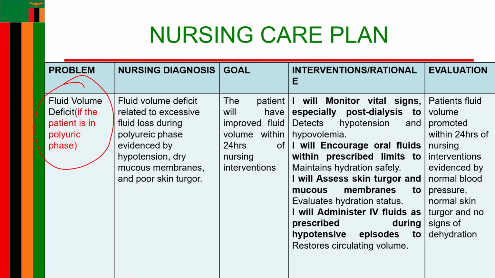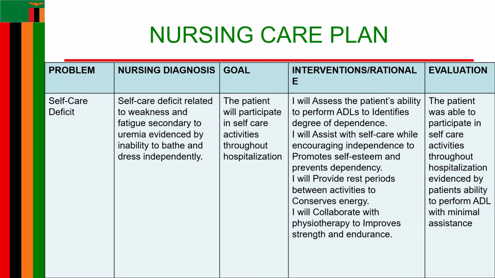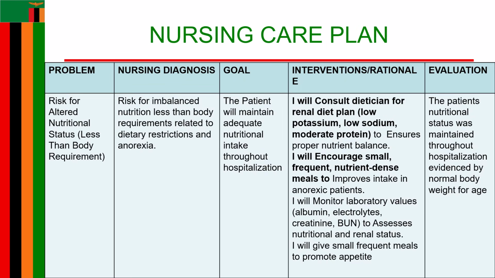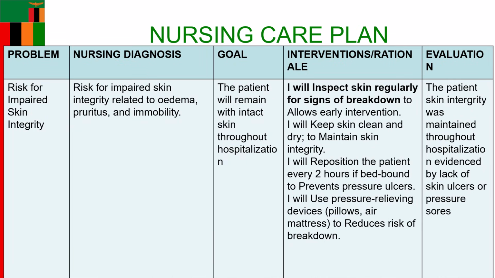So it is not just memorizing that these problems apply in renal failure. Also look at which phase the patient is in so that you put a correct problem. If a patient is in polyuric phase, the problem will be fluid volume deficit, and when you go to interventions, you find that the points will also be specific. So at least that is how we answer a nursing care plan. Try to go through the problems as I share these slides and see how they are phrased. But the encouragement is that you need to be trying to